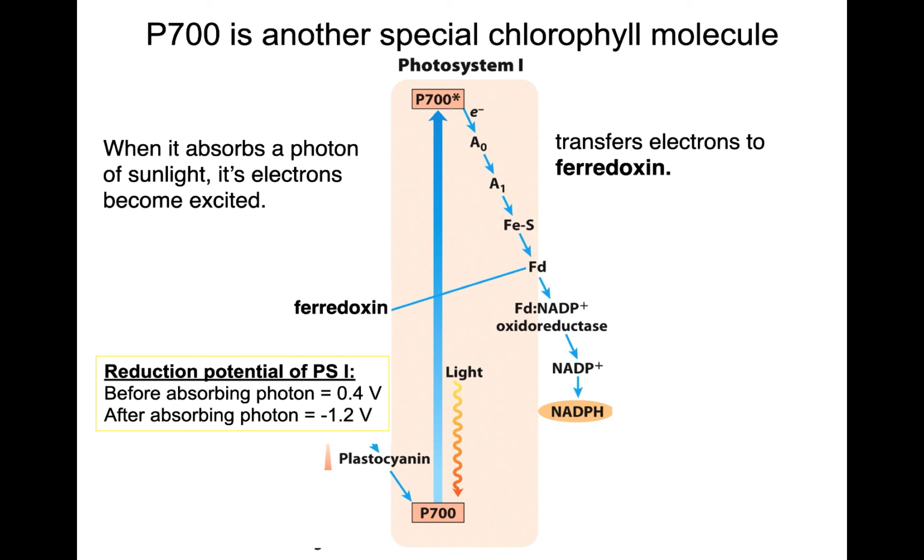And instead of having P680, what Photosystem 1 has is another special chlorophyll called P700. And like P680, P700 has a relatively high reduction potential, about 0.4. And like P680, it absorbs a very specific wavelength of light, and when it does so, its electrons get excited, and its reduction potential goes way down, here to negative 1.2, which means plastocyanin spontaneously, and catalyzed by photosystem 1, has its electrons stripped, and then P700 absorbs a wavelength of light and gets excited. When P700 is in its excited state, it donates its electrons to ferredoxin,